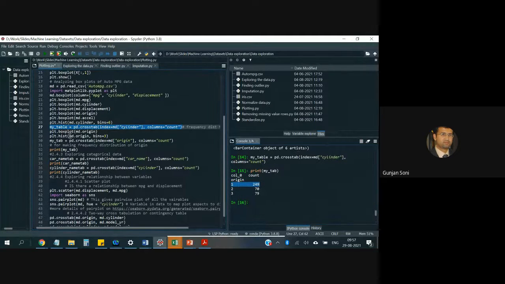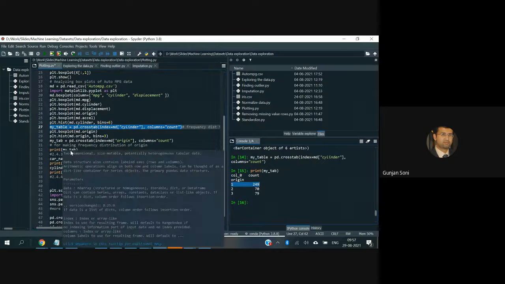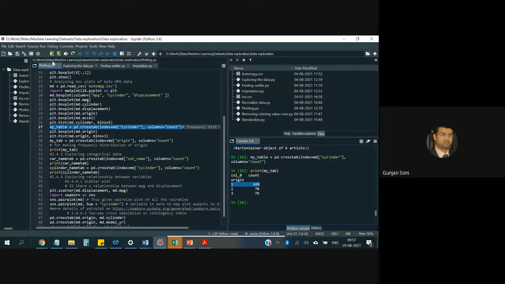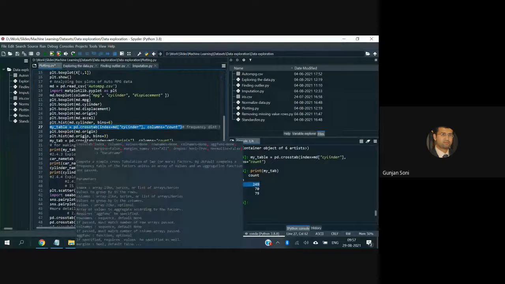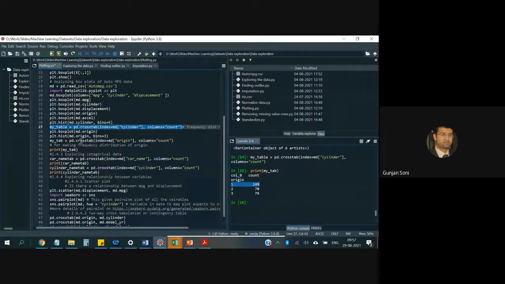So plt.hist. We'll be doing all this on a different data set as well. But I'll supply you this code, and you can do a lot of exploration as well. Once Amit explains this, we'll give you this code. We'll give you a different data set, or you can take your own data set. What I was telling you the other day is that you make a problem of your own. Let's say you take a real life problem.